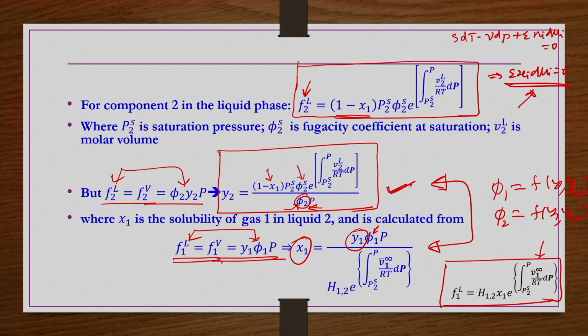Y2 is nothing but how much liquid is dissolved into the gas phase. Otherwise, what is the mole fraction of the heavier liquid component in the gaseous phase is Y2, that we wanted to know. And then X1, because the lighter gaseous phase is also dissolving into the heavier liquid phase. How much lighter gaseous component is present in the liquid phase, that is X1, that also we wanted to know. So, these are interrelated, and because of these things we have to do a trial and error approach.